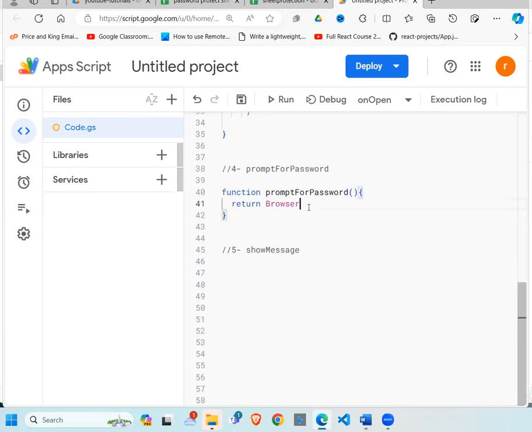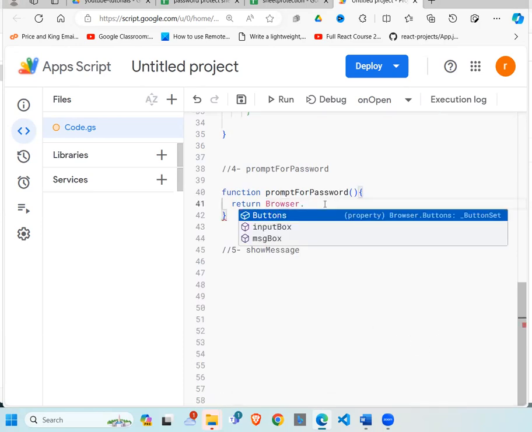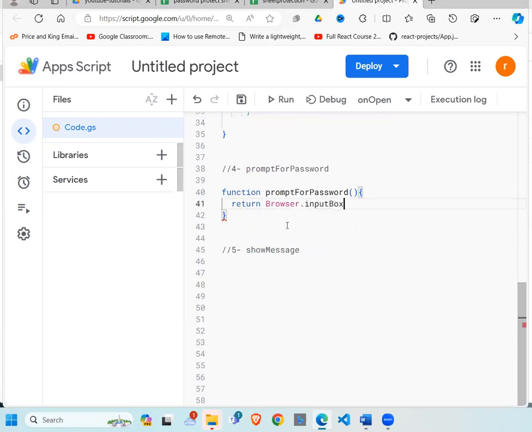Browser, another utility function in AppScript. And I need to enter something, so I'm gonna use the input box. If you want a button, you use this. If you want to enter something, you use the input box. If you want to display a message, you use message box. So in my case, I want to enter something,